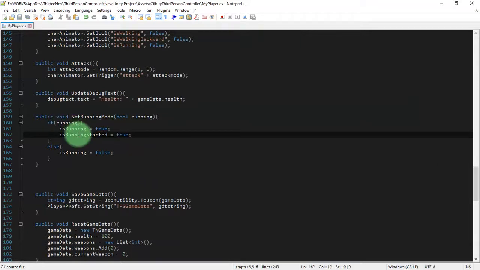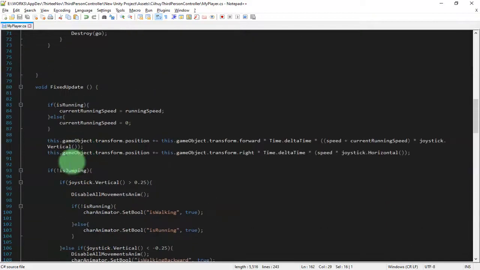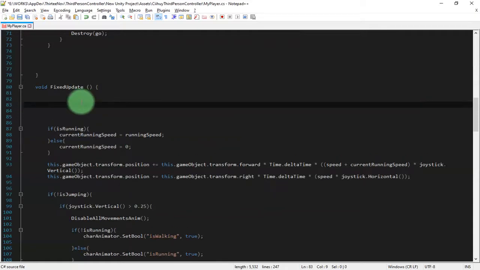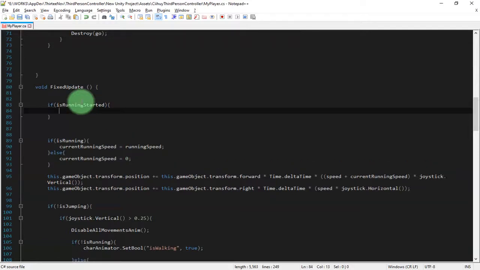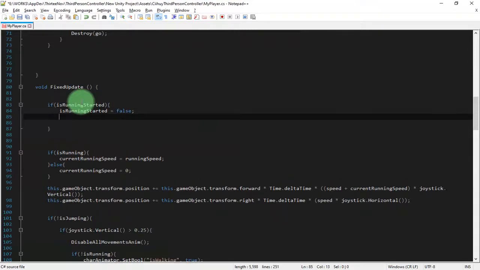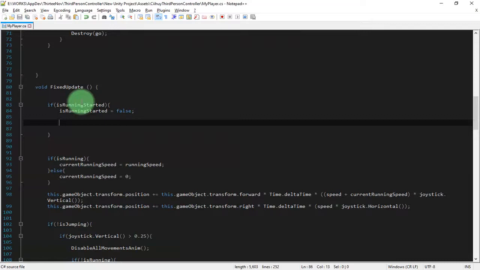Then here in the FixedUpdate, I'm going to add another if statement. I will check if isRunningStarted, then I need to set its value again here to be false. And also I need to do something else here, which is the timer.